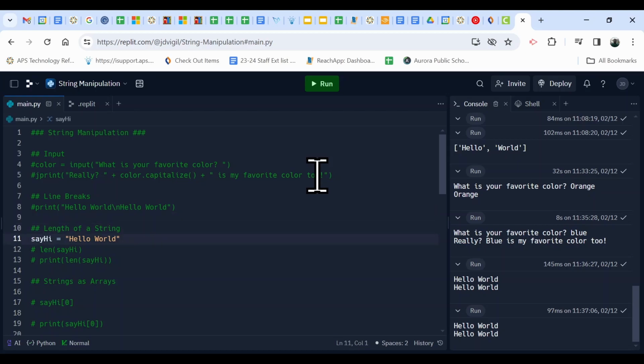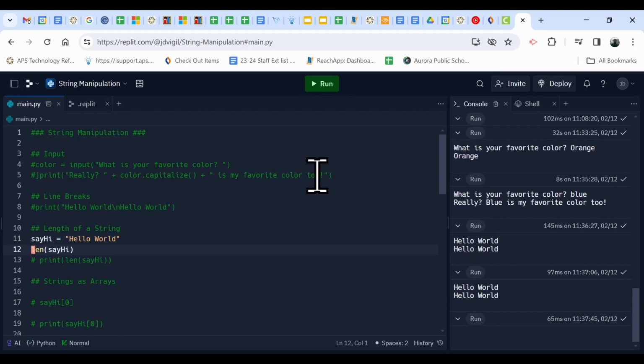So to get the length of a string, we have a new variable here. Its name is say hi, and we're calling it hello world. Or we're saying hello world is the text that's on the inside, rather. So to get the length of it, we could say len of say hi. And what that will do is that should